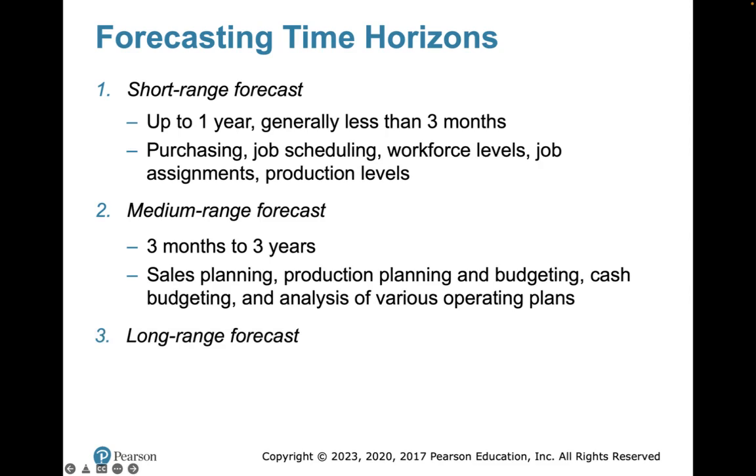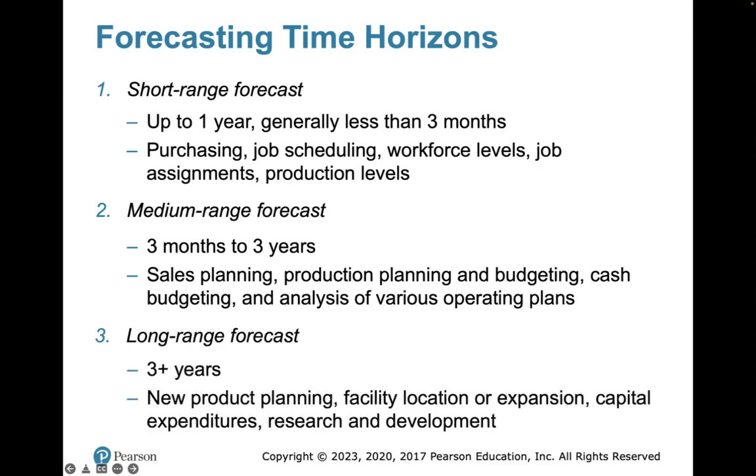And then finally we have long range, and this is more for investment decisions, whether or not we should expand a location, should we open up a new restaurant, or even just R&D. So, what should we be researching and developing? This is longer range, 3+ years. Now, short range tends to be more accurate because, of course, with shorter time there are fewer variables and less risk associated, so we have a better opportunity to be accurate. But it's important to understand the 3 different horizons because sometimes we use different methodologies depending on the time horizon.